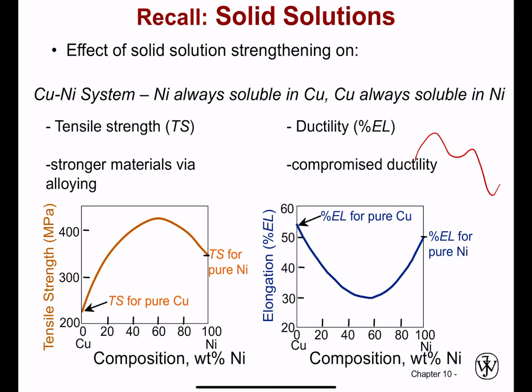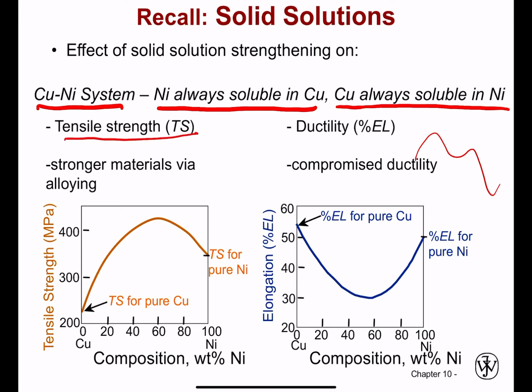Let's open with a slide that reminds us of some things we've seen on mixing metals in their solid state. In the copper-nickel system, we know that nickel is fully soluble in copper at any composition, and likewise, copper is always soluble in nickel to any composition. To highlight the reasons why you might do this, we can look at the results of making such a mixture as far as the tensile strength and ultimately the ductility, which is represented by the percent elongation